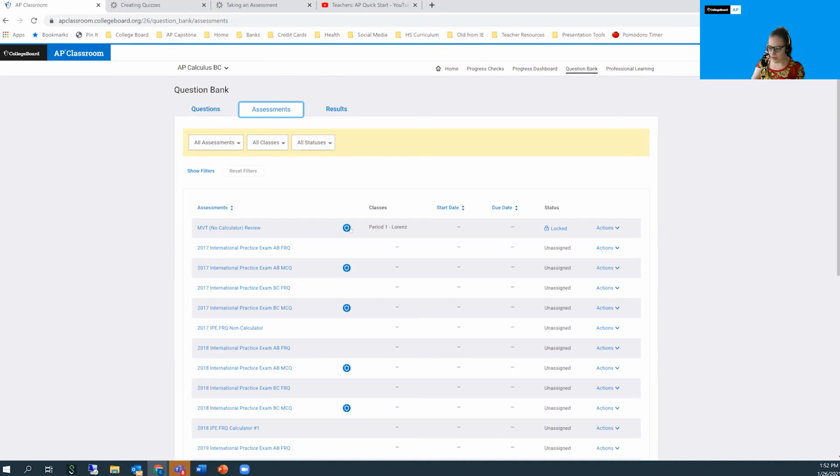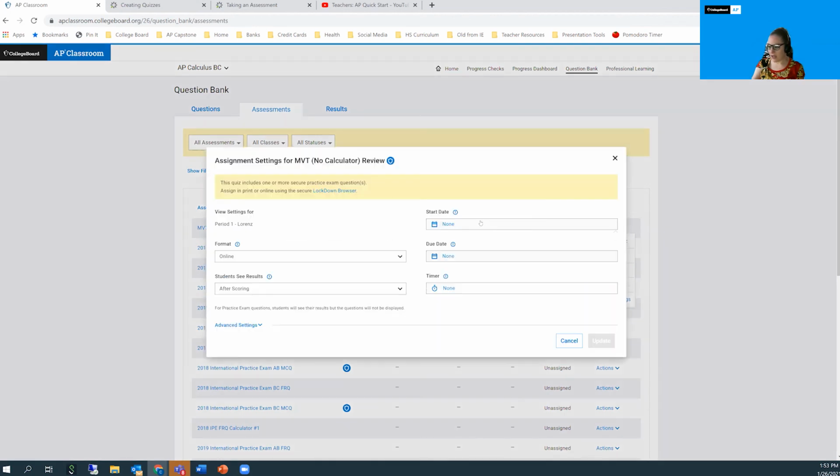I will automatically see here now that this has a secure shield icon. Even though every question on this assessment is not one of those shield questions, you will see this shield icon appear if any of the questions fall into that secure practice exam category. So what will happen now is that if I try to update settings for this so that I can assign it to my class, what you're going to see here is